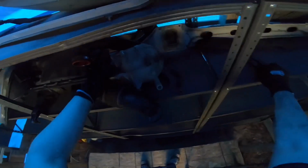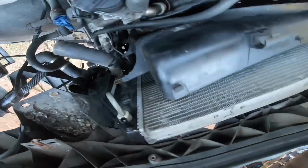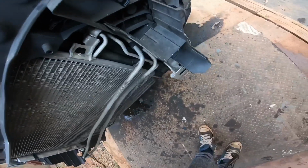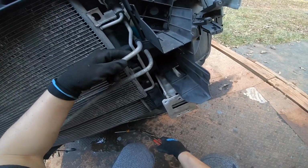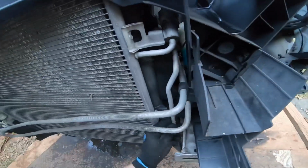Let's see. Basically, I'm just gonna touch this because that's where it goes. I really don't want it to be misaligned. Looks like I will have to remove that little bolt so that we could actually get these, this is the AC condenser, so we could like get out of the way. But I'm wondering though,